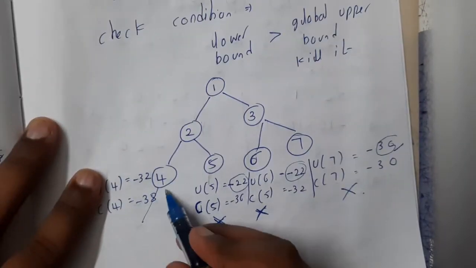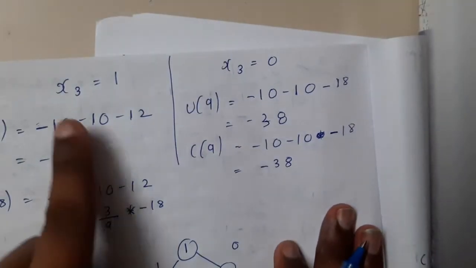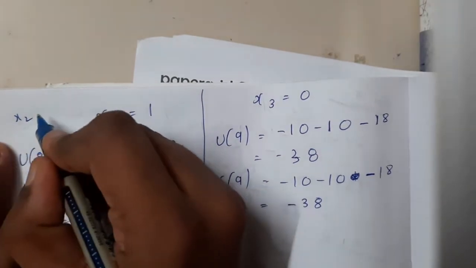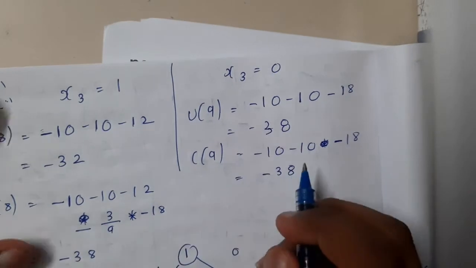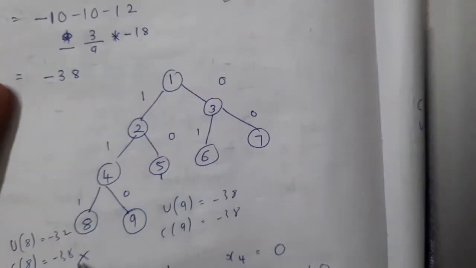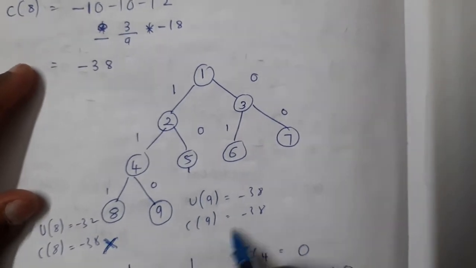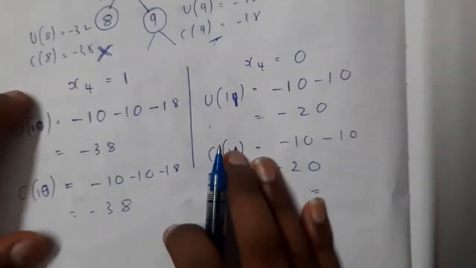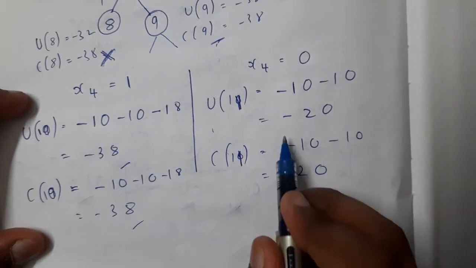So now you will blindly expand this 4. Now you will be expanding the 4 with x3 equal to 1 and x2 equal to 1. Previously from the previous steps we got x1 equal to 1 and x2 also equal to 1. So you will be considering them and solving them. You again got the values. Based on the global maximum, you will be avoiding this one and selecting this one. Once you have selected this one, you will again do the problem from here for the last value, x4. We took 1 and 0 and solved it. So here you got 38 and here you got 20.